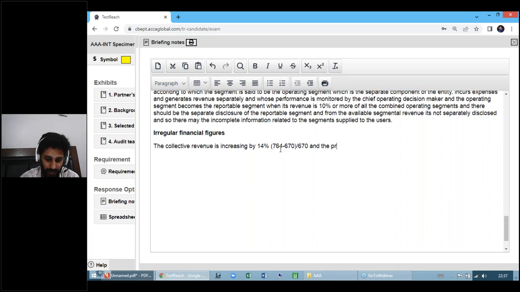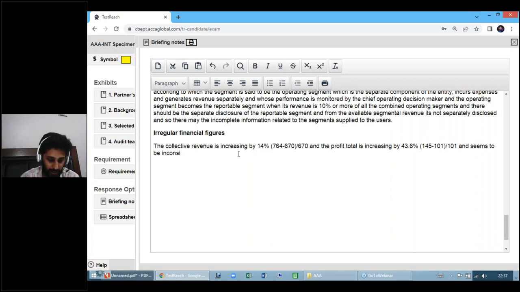And the total profit is increasing by 43.6%. You should show the calculation as well. It's 145 minus 101 divided by 101,